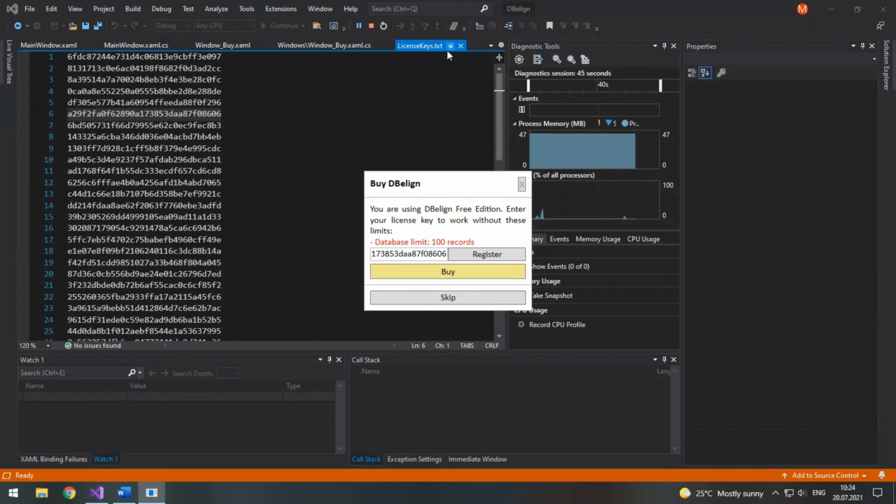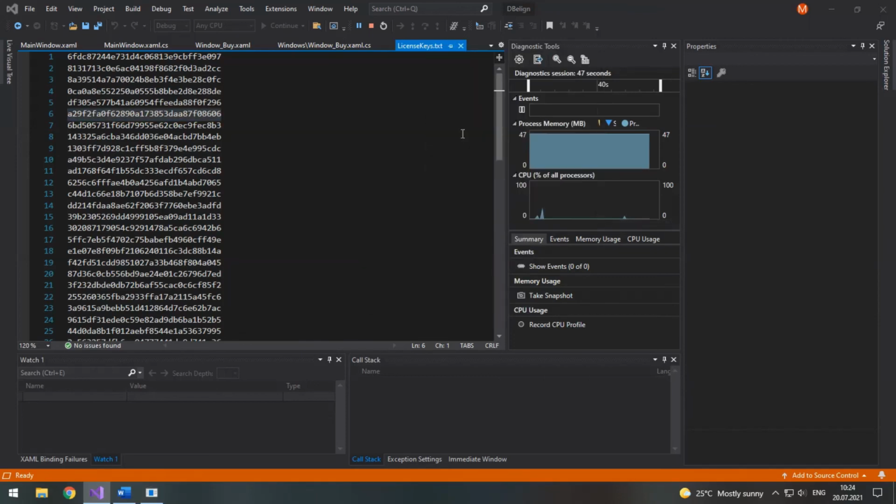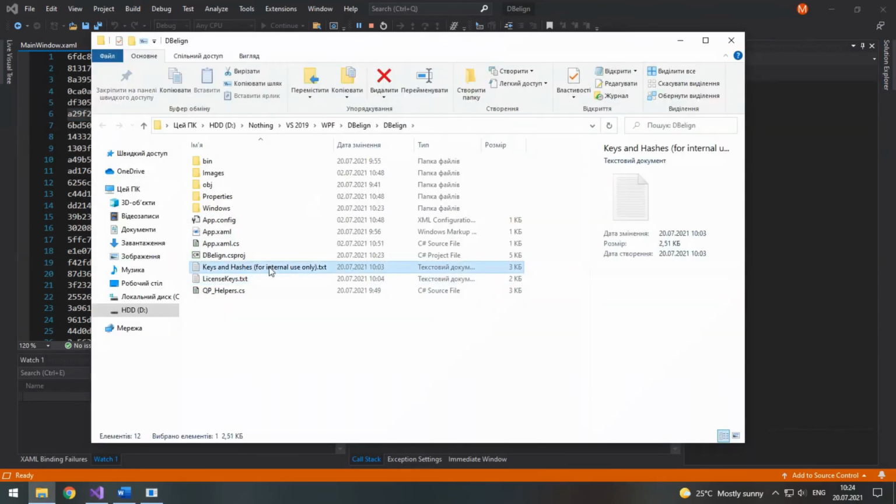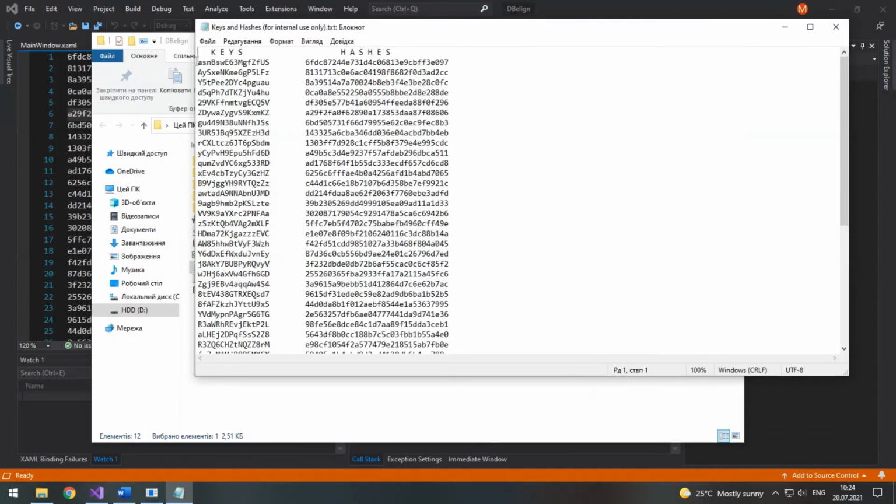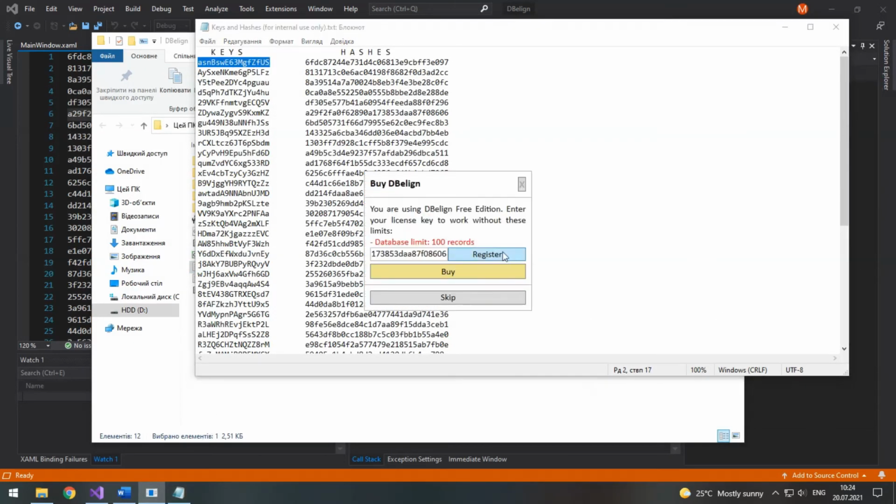And now let's get one of the real keys from here, for example, the first one. And let's try first to make the last character lowercase. The key is not licensed. And finally, let's make it again uppercase. ID is correct. Successful registration.